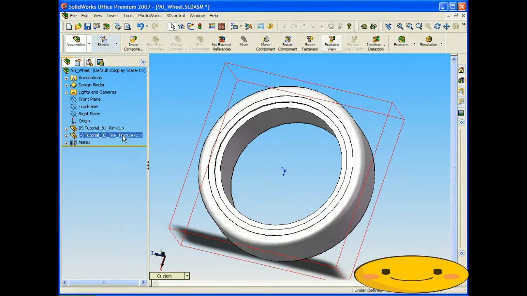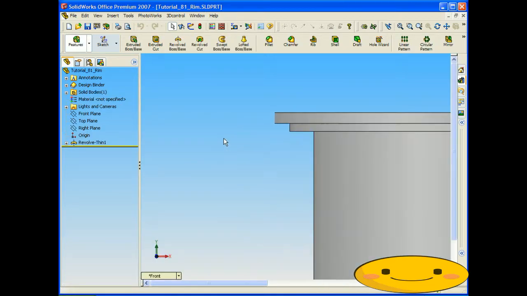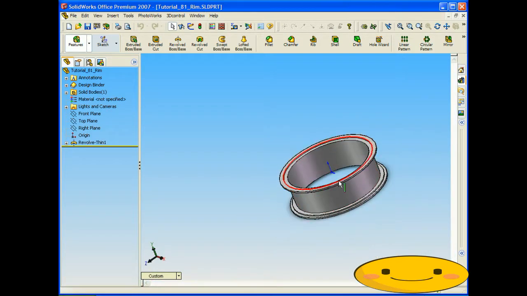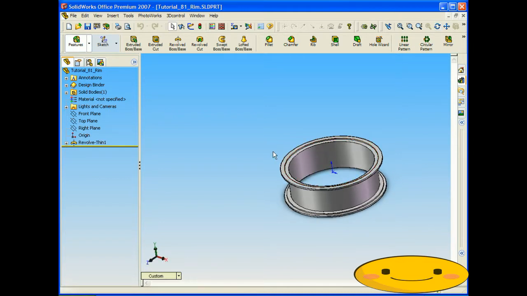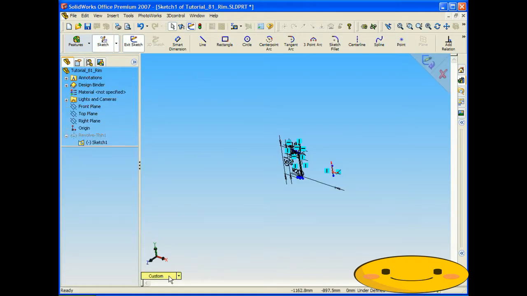And now open up the rim in a new window, and we're going to edit it and create the whole rim and tire. We're going to try to do the 6-spoke just like what we had before. So to start off, let's edit the sketch here, click the front view,